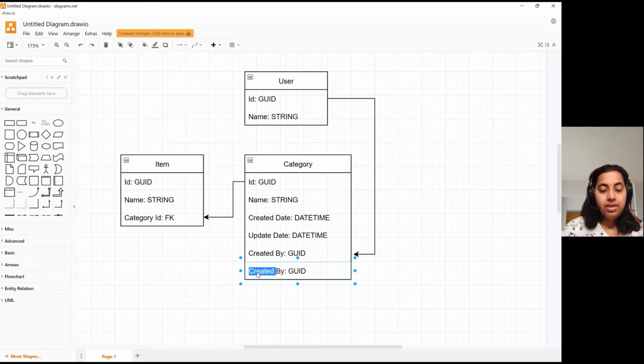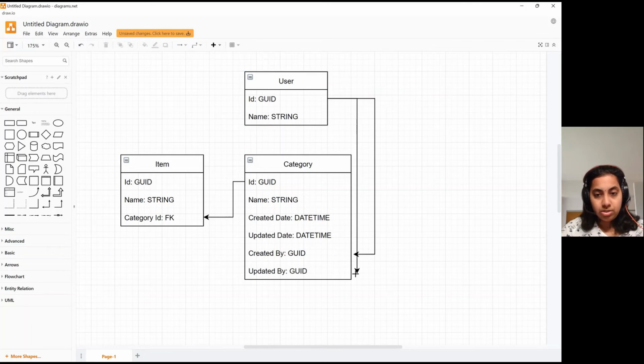So that's also going to be coming from the user table, updated by. Okay, so let me establish the relationship to the updated by. Move it out here. Nice.